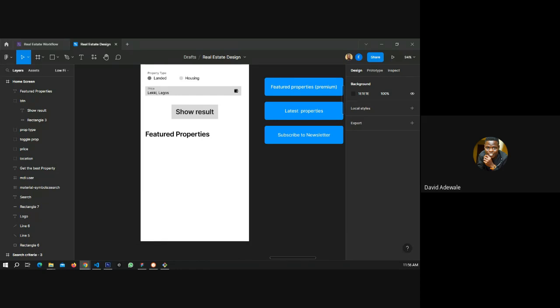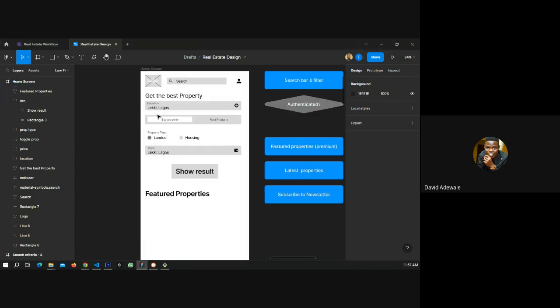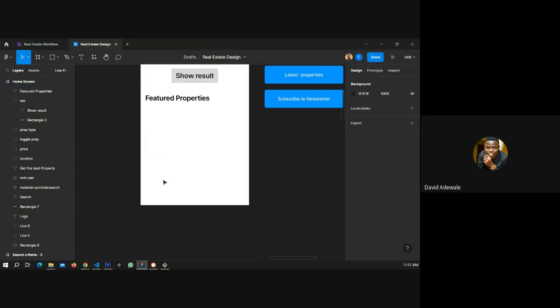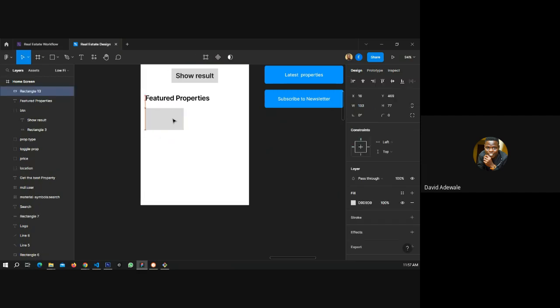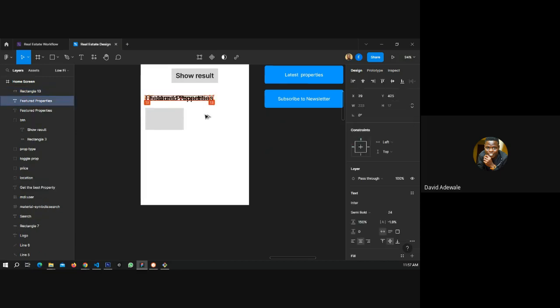Okay. Well, that's good. Let me quickly do this, and then it's going to be almost the same thing as this latest property. So I can just have a picture style here, and then the title of the property.